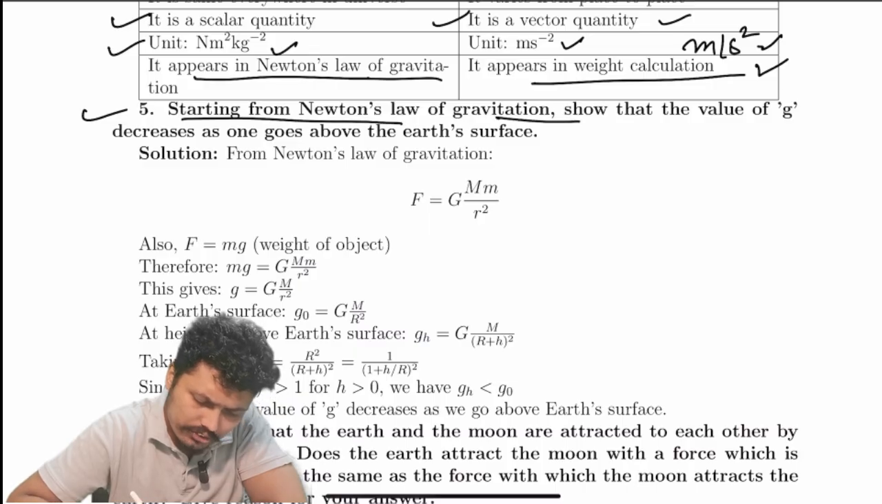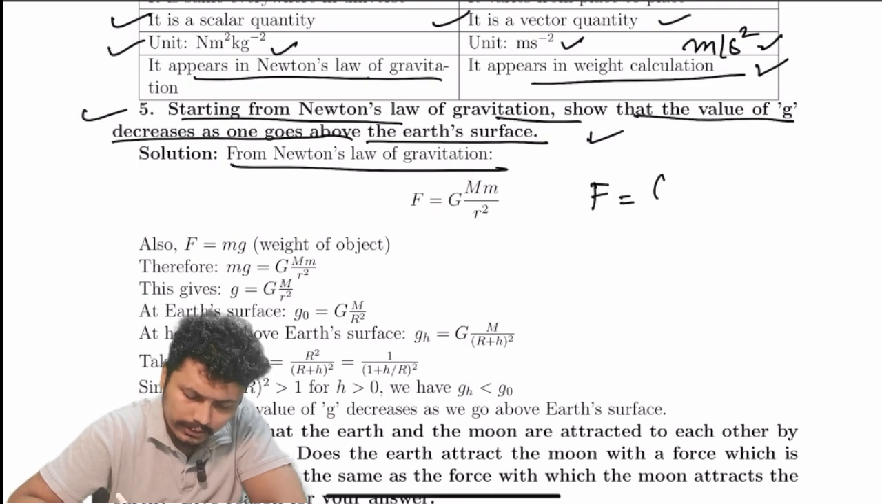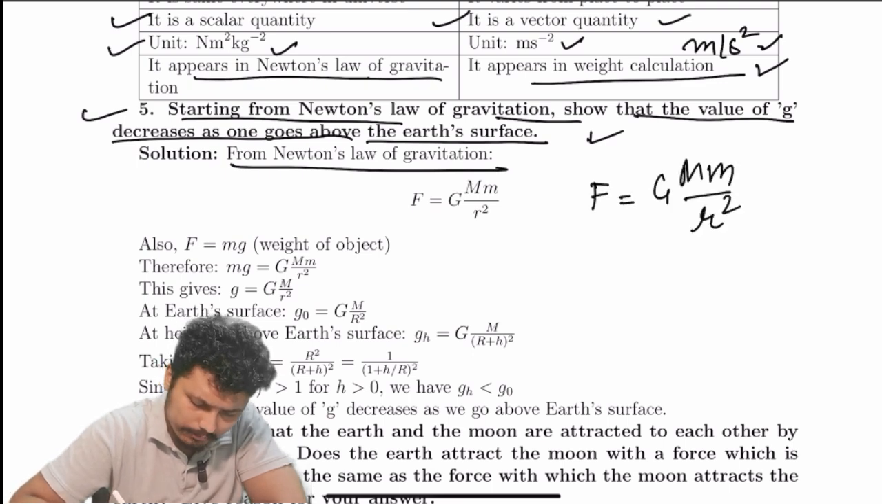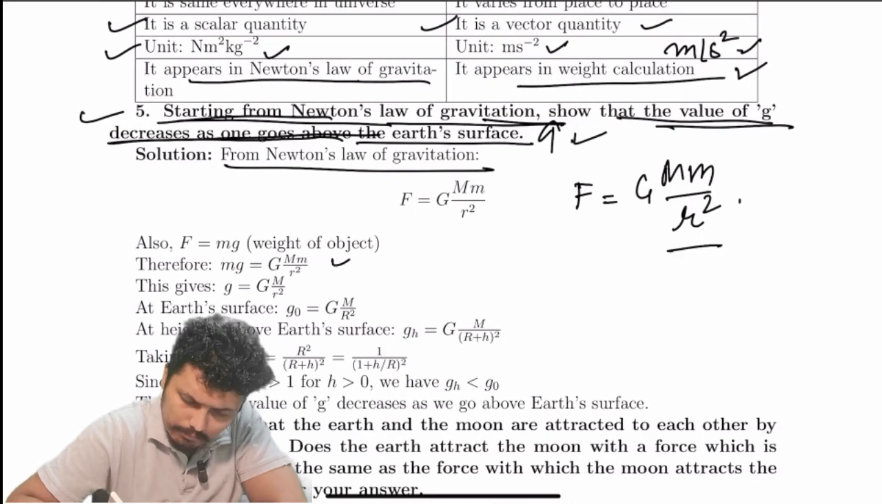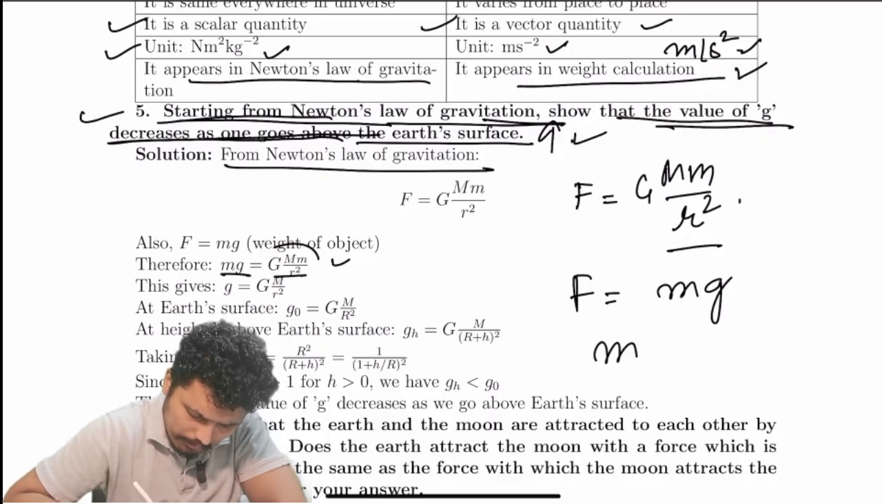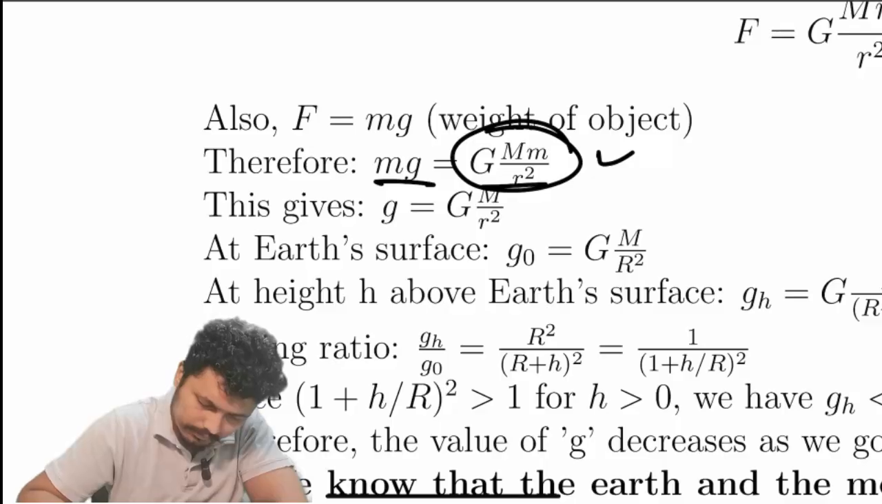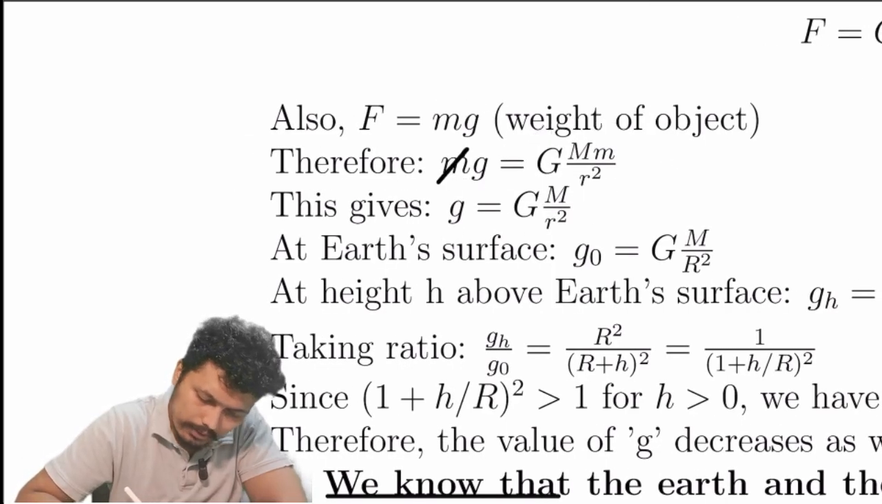Starting from Newton's law of gravitation, show that the value of g decreases as one goes above the earth's surface. It's very easy. From Newton's law of gravitation, F is equal to GMm by r square. Another is force equal to mg. Now if I compare these two, I get mg equal to GMm by r square. Now after that, m will cancel, and g will be equal to